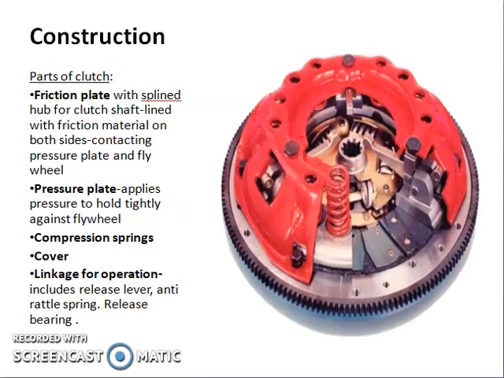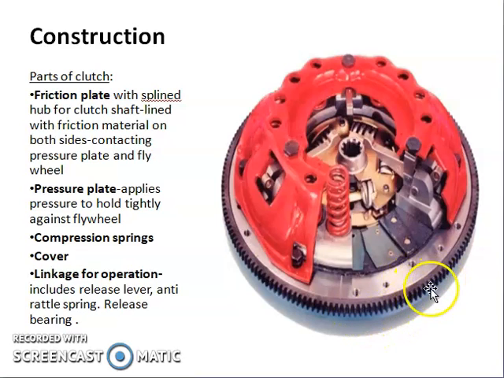So let us see the construction of a single plate clutch. In a single plate clutch, the basic parts are, here you can see the friction plate. Inside the friction plate, you can see the splined hub. Inside the hub, you have the clutch shaft. At the end of the clutch shaft, you have the clutch gear. So this friction plate,